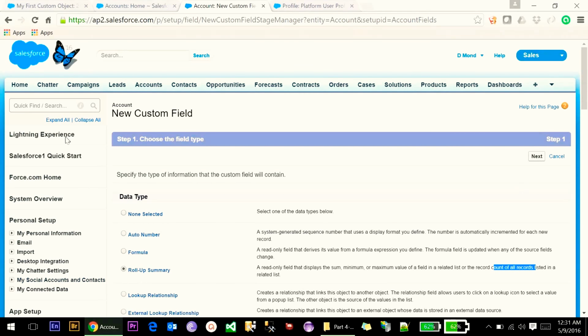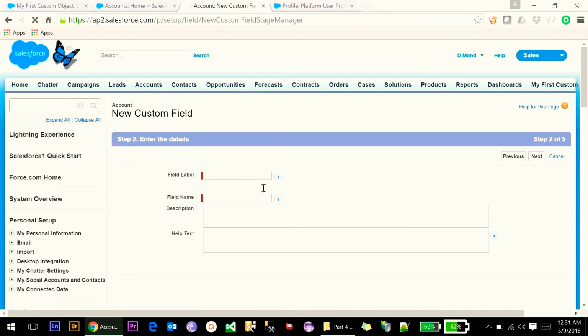So if you have relationship with account and this object, then account is the parent and this is the child. So in account, if we create on roll-up summary field, we can get child records,